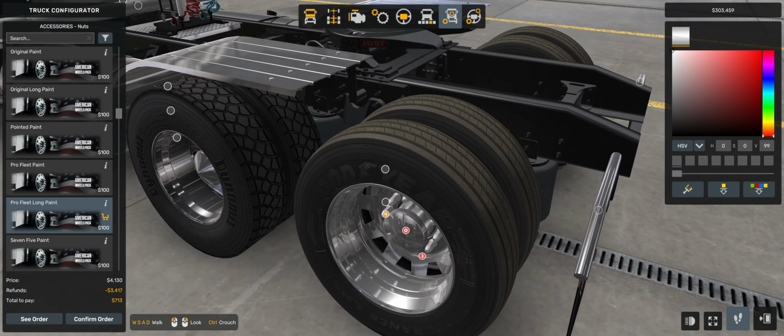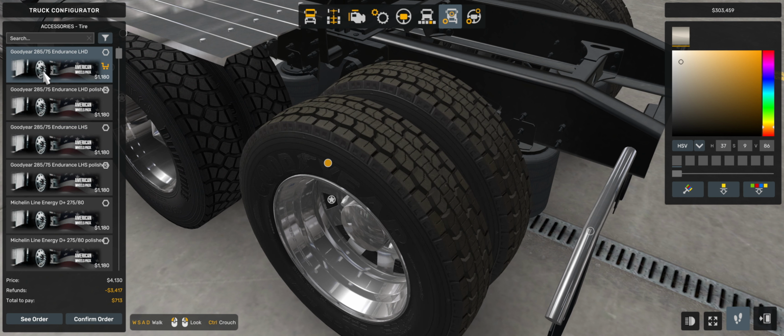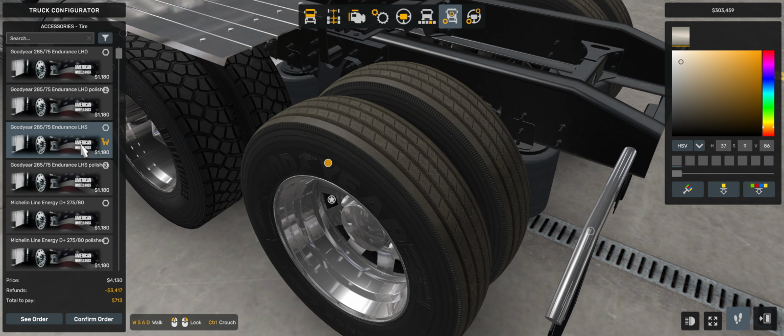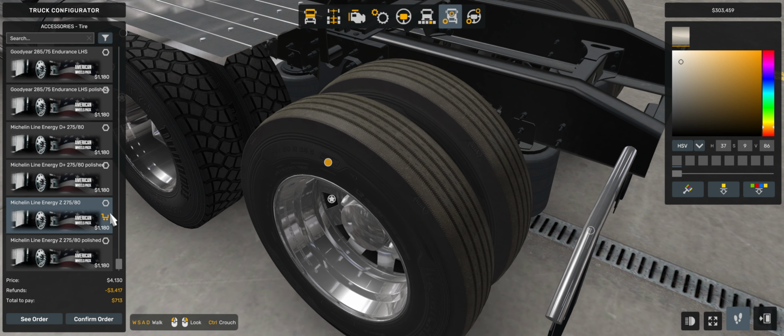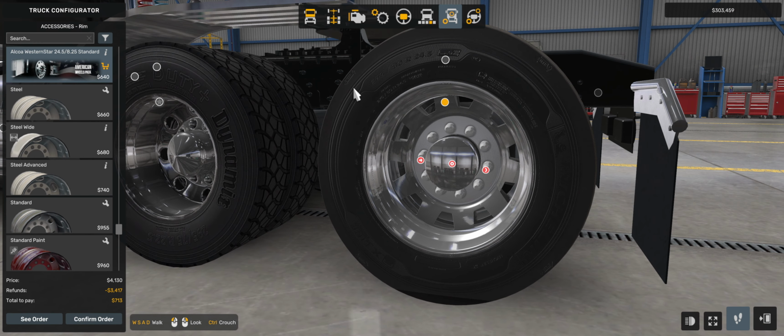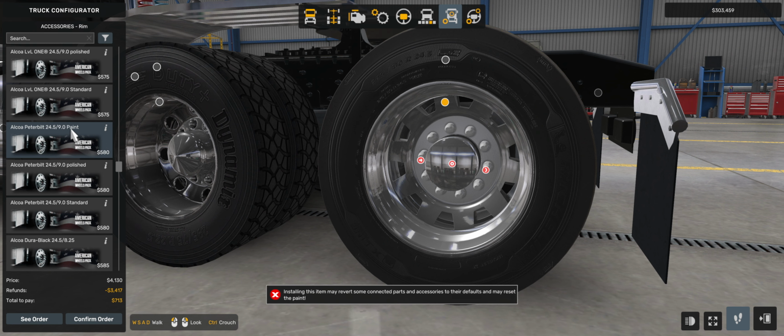Now back here for tires, we have a couple options. We got our Goodyear LHDs, again, polished or unpolished. Our LHSs, the Line Energy D pluses, and the Line Energy Zs. And this is on the, what do we got on this? A 24.5. If we go down to a 22.5,